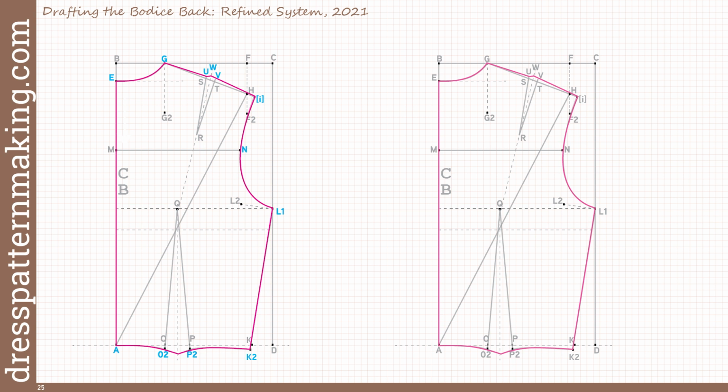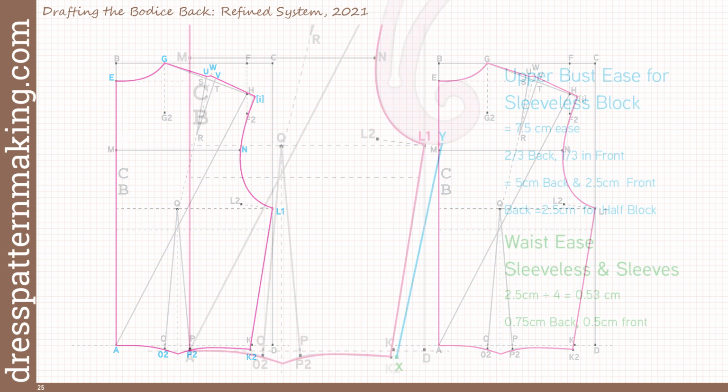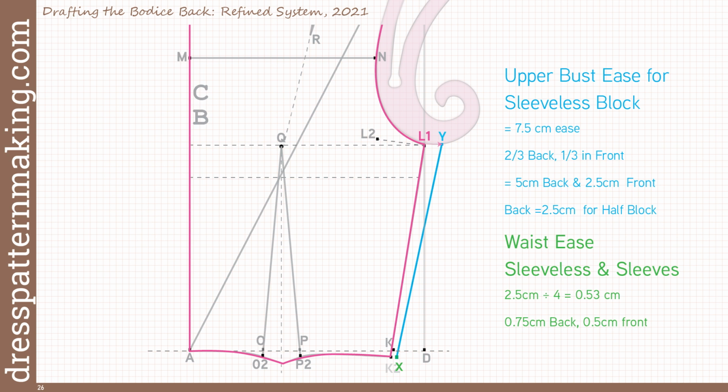You really do need a little bit of ease in order to be able to do it up. You can't possibly pin it up if it's made to your exact measurements. So now we'll add ease to the side seam. We'll start with a waist ease, and that point will end up being the same for both sleeveless and sleeved